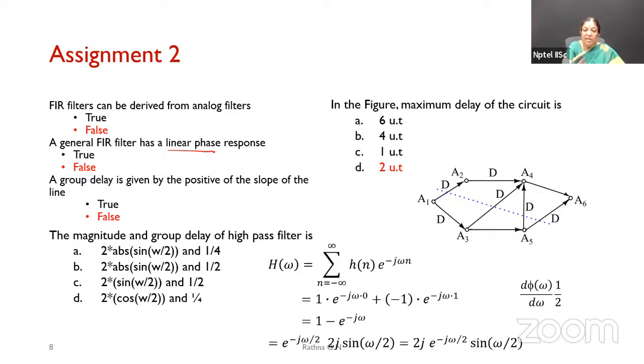And the group delay is given by the positive slope of the line. So that is false; it is going to be the negative slope that we will be considering. And coming to the magnitude and group delay of the high pass filter, the answer in this case is,